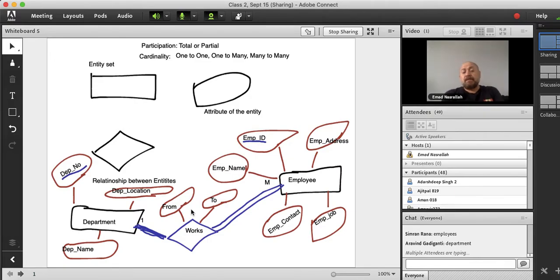If we put them here, from to, not on the relationship, how can we fill the data here? Always, guys, when we are creating our ER, we have to keep in mind later on when we fill the data. So if we put them here at the employee side,